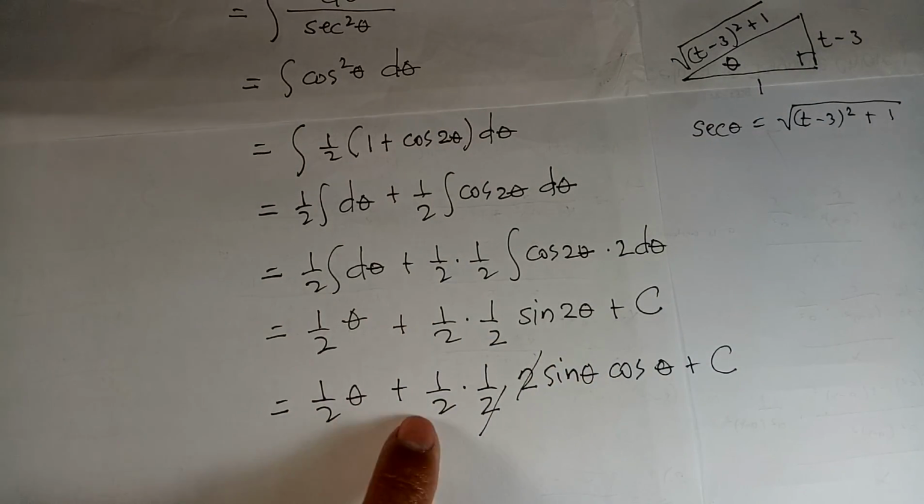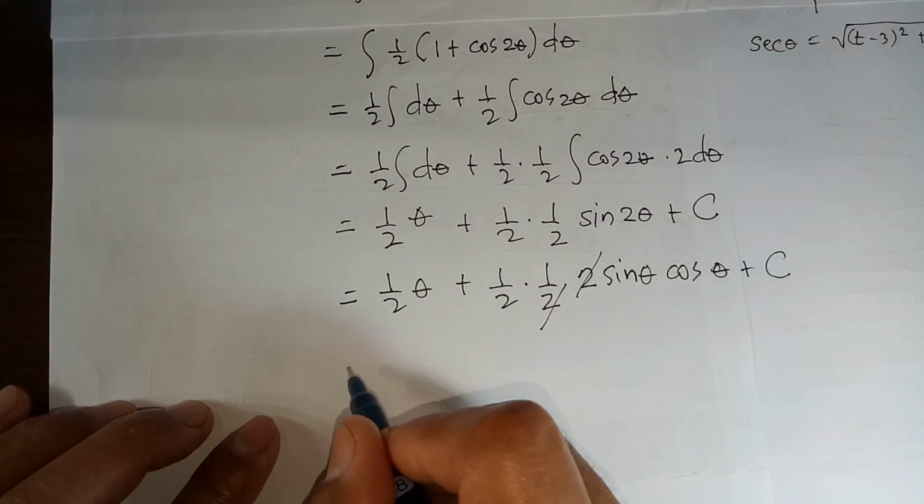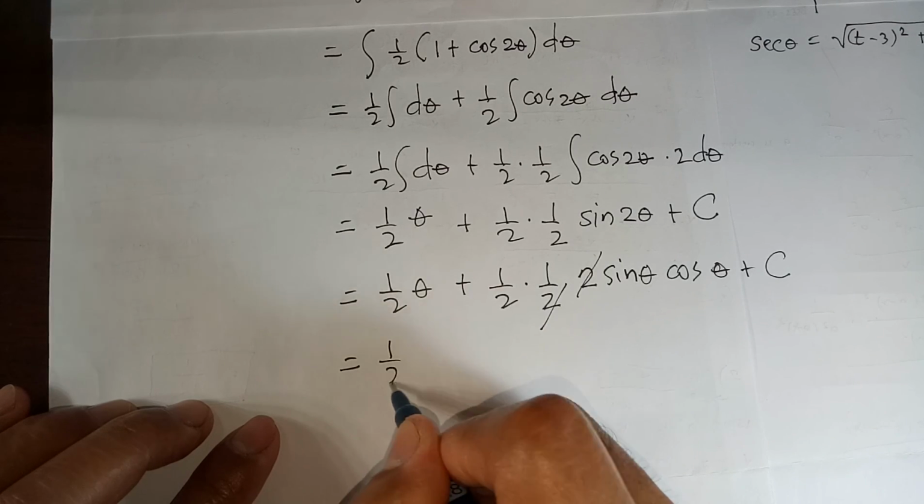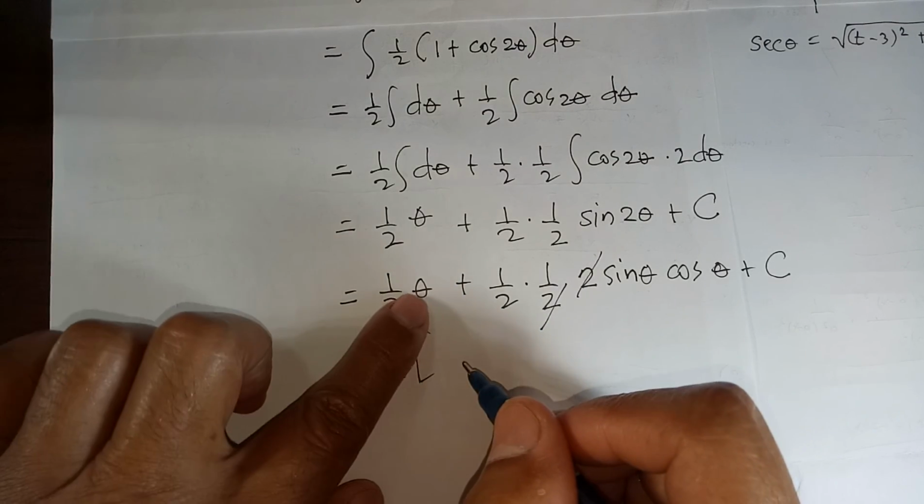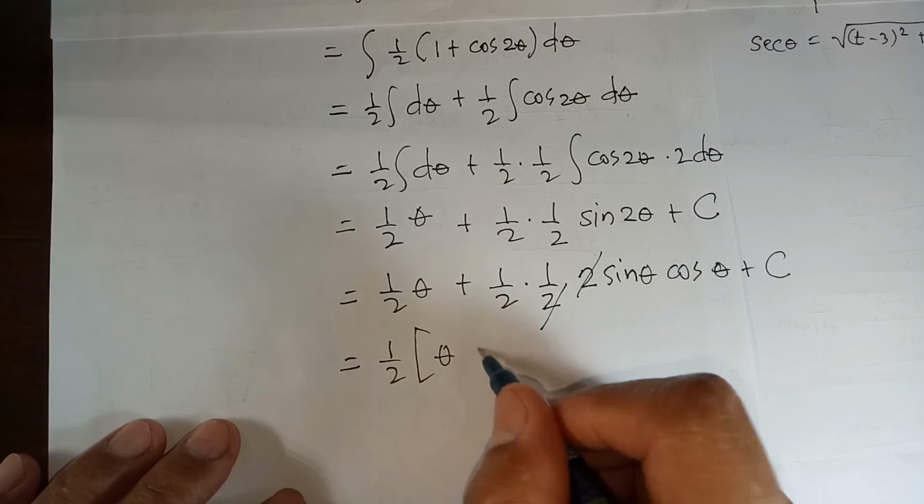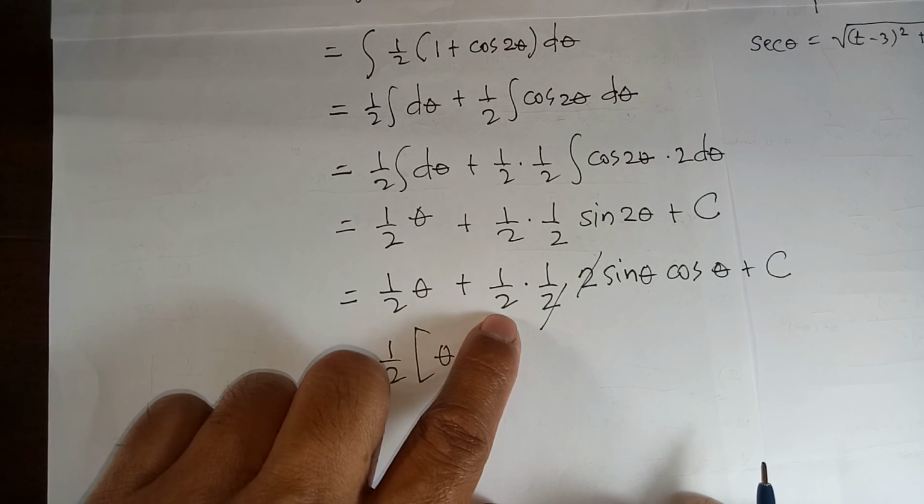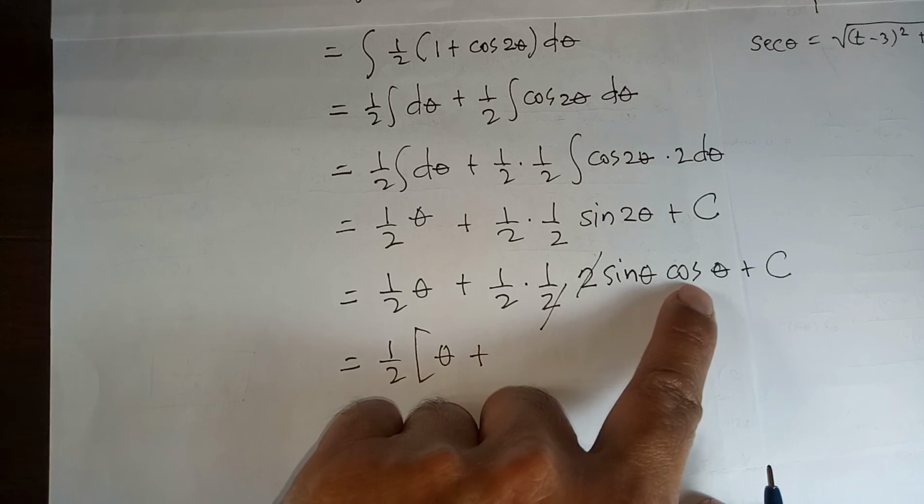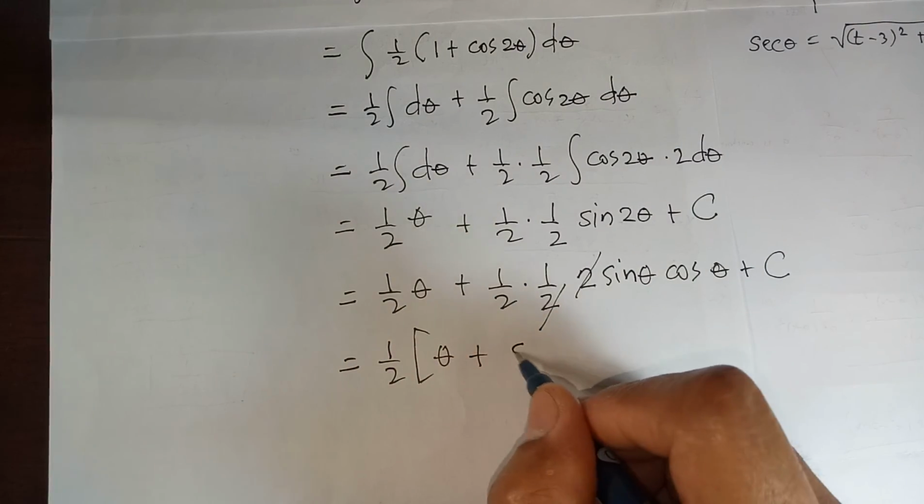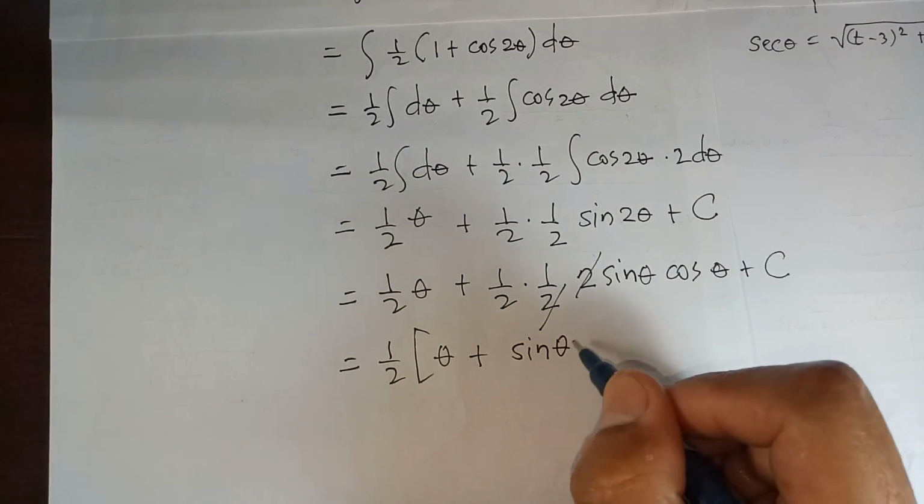So, meron tayong common factor na 1/2. So, lalabas natin yun. So, kakaroon tayo ng 1/2 and then times. So, natira lang dito ay theta. And then plus. So, dito natira lang ng sine theta cosine theta. So, sine theta